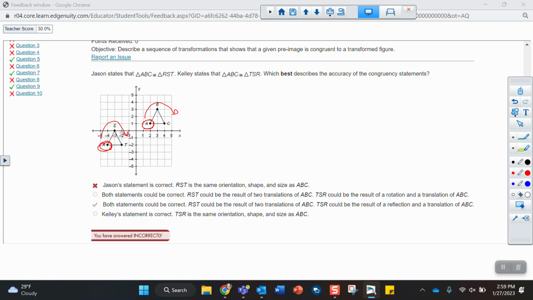Both statements could be correct. RST could be the result of two translations. Yep, so we could, if it slides down and then it slides to the left. TSR could be the result of a reflection. Yeah, so